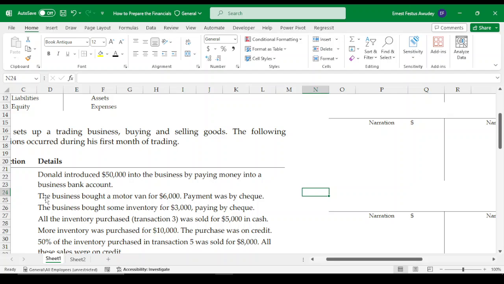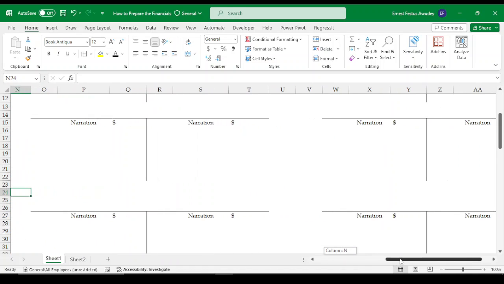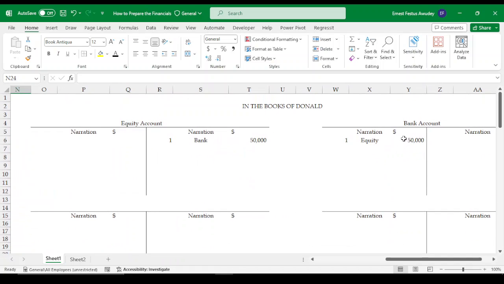Therefore, here the business bought a motor van of 6,000. Therefore, the motor van account is going to be opened, and then a bank account is also going to be opened. All right. But fortunately for us, we have already opened a bank account. Therefore, we are just going to open a motor van account right here. So I'll come here and then I'll have motor van. Okay, and then I can